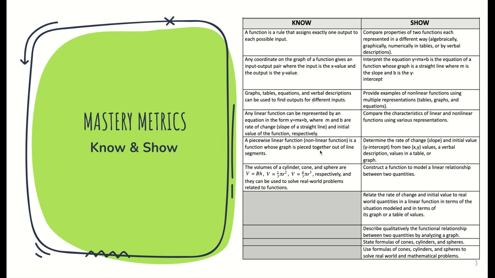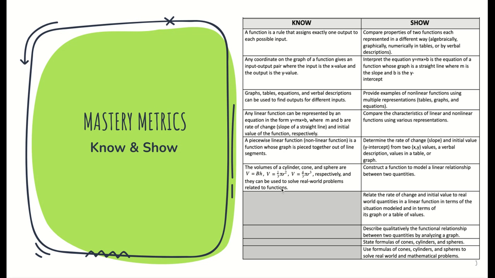Mastery metrics. Scholars need to know that a piecewise linear function, which is a nonlinear function, is a function whose graph is placed together out of line segments. They also need to know the volumes of a cylinder, cone, and sphere are V equals Bh, V equals 1/3 pi r squared h, V equals 4/3 pi r cubed, respectively, and they can be used to solve real-world problems related